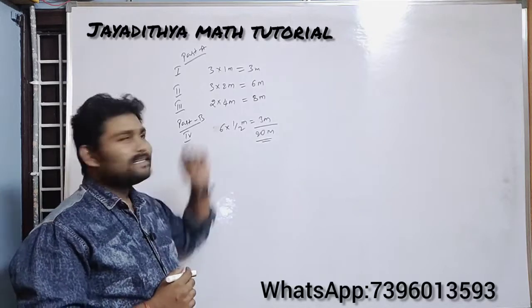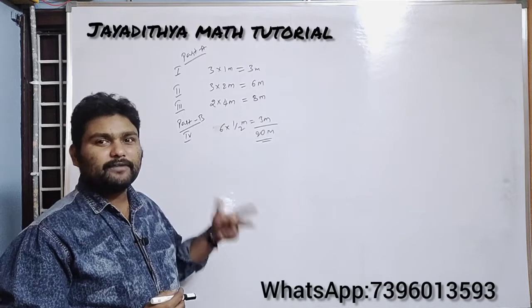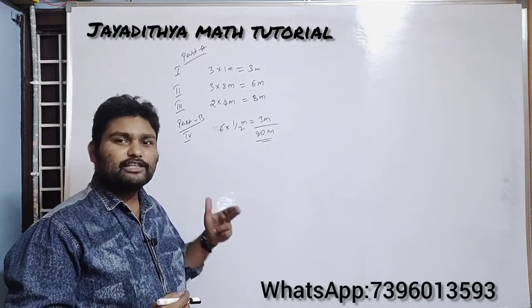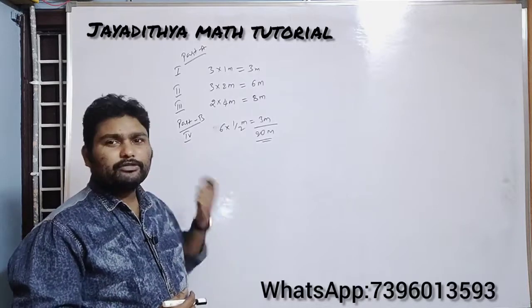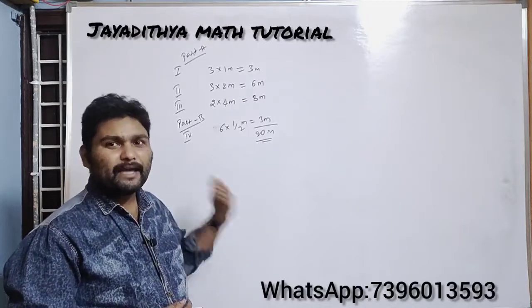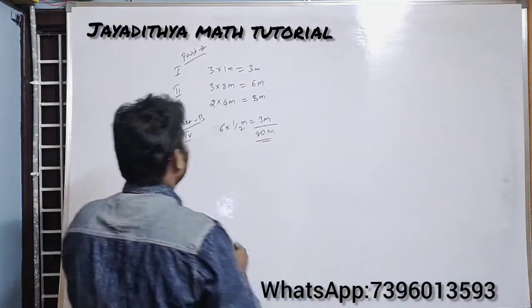I told you in the third section they have given choice, as you have in your final exam. They have given 4 questions. For the first 2 questions they have given internal choice, and for the next 2 questions again they have given internal choice. But we are going to give the key for the paper, so we are going to solve each and every problem without taking any choice. Let us get into the class today.